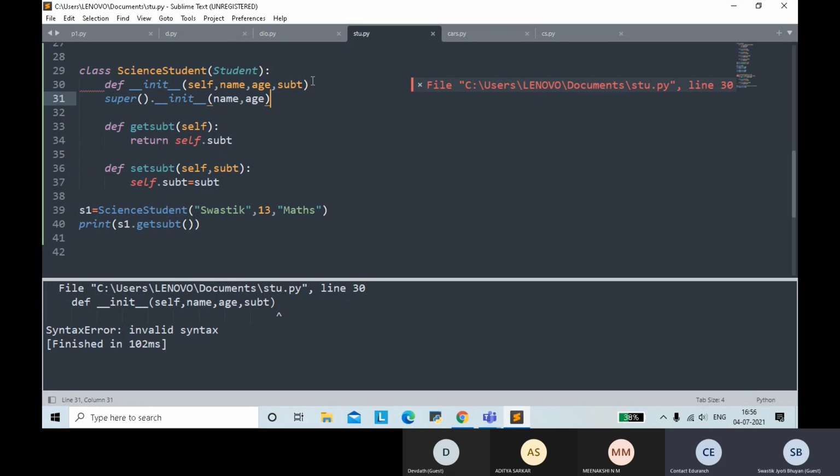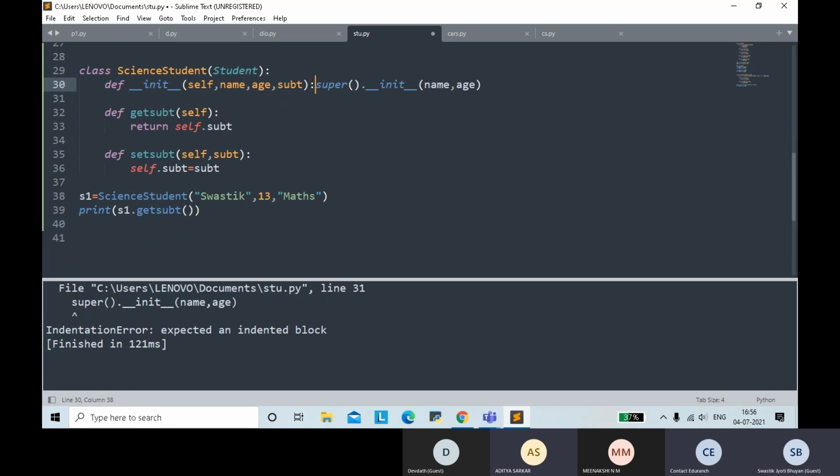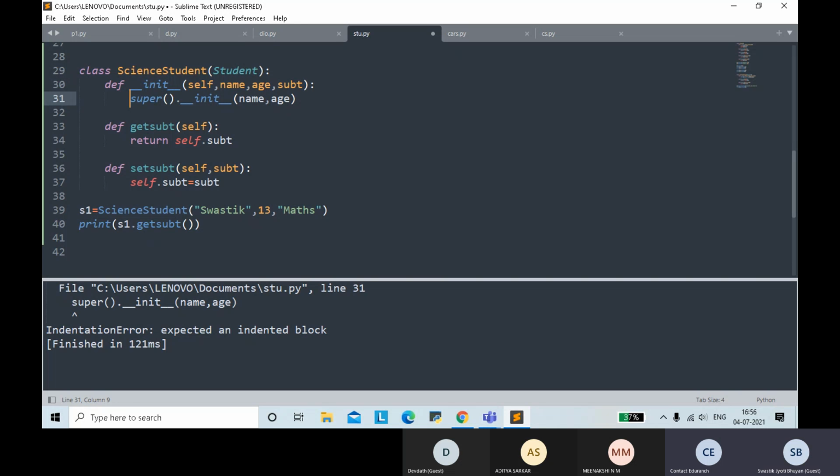No, line number 30. Yeah. Run. Sir, it should be in. Yeah, you forgot indentation. Don't give spaces in tab. Yes. Tab. Enter. Now run.